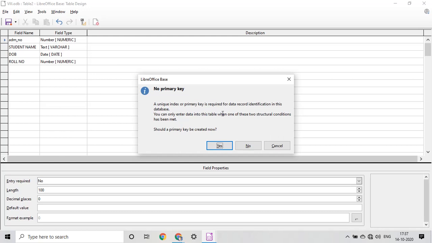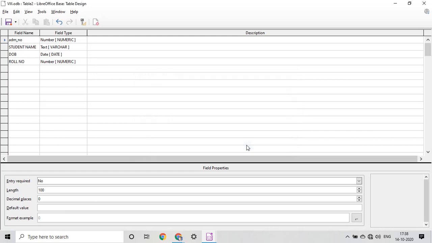We have to give primary key, students. Now you have to decide, do you want to create it now or afterwards, right? We will not create it now because we will decide primary key ourselves. So we will click on no, right? Then you have to click on close button. This is close button. So we have created a table, right, in which we have entered the field and its